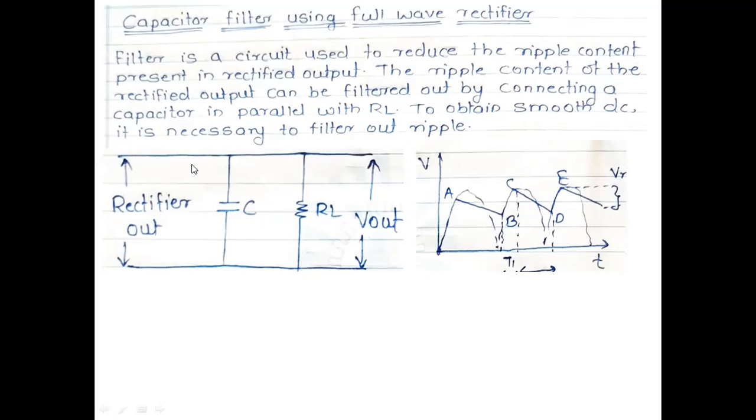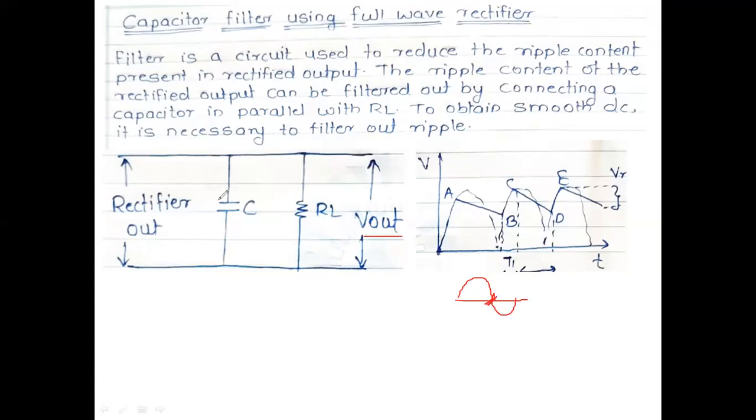But what will happen for the positive half cycle? The capacitor will charge here. When the current passes through the load resistance and the cycle is getting reversed, then current is continuously flowing in the load resistance without reaching 0. During the positive half cycle it is like this. Yes, it is the negative half cycle. So the input current will go to 0, but the output current should not go to 0. How can that happen? The output current should not go to 0.